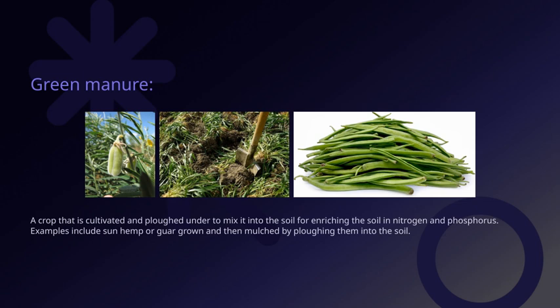Examples of such crops include sun hemp and guar. Once these crops have grown, they are mulched by plowing them into the soil. This process not only adds valuable nutrients, but also improves soil structure and fertility over time. This method aligns perfectly with the overall theme of sustainable agriculture, as it reduces the need for chemical fertilizers and promotes healthier soil. So, by using green manure, farmers can maintain and even enhance soil health in an eco-friendly way,